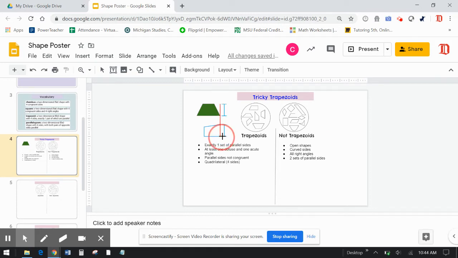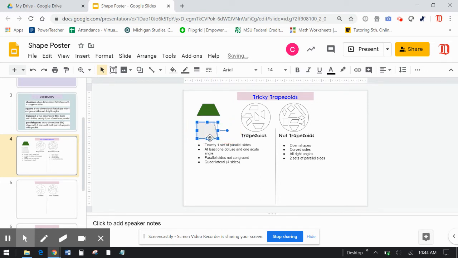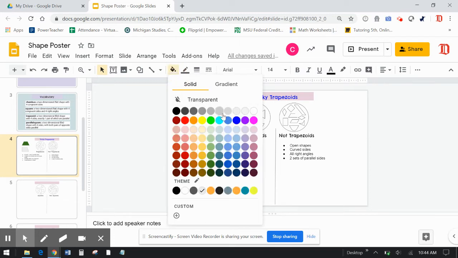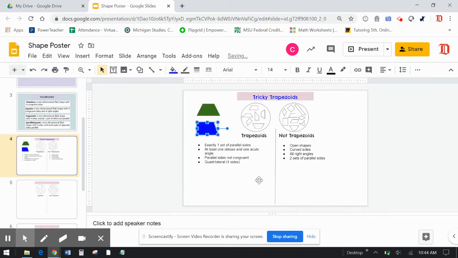So I'm gonna put it here. I'll rotate it. For some reason, I always want to rotate it like this. And then I'm going to go back to my color and maybe I'll make it blue. Okay, so I have 2 examples of trapezoids, and now I have to